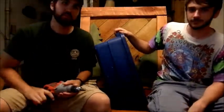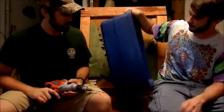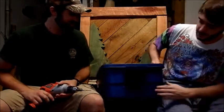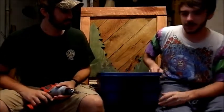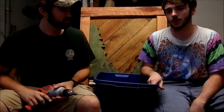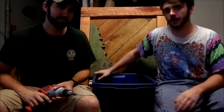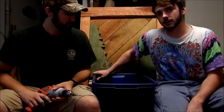So we have drilled holes in our tub, and if you're like me, you're wondering what is keeping the worms from coming out of those holes. So Ben, what keeps those worms from wanting to just escape? They don't. It's very simple. Most of the time they will not, but strangely enough, on days when there's a terrible storm or a hurricane, some of them may try and come out of the holes. I had a friend, that worm farmer I was talking about earlier, and he talked about the day of the tsunami that happened a while back in Japan,